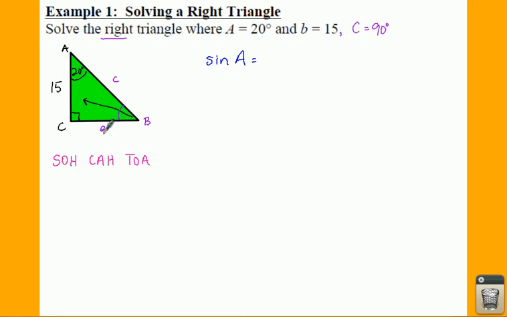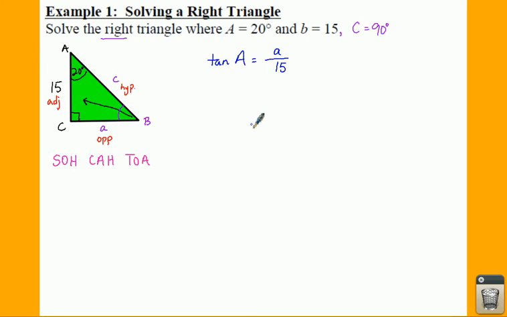So if we use our opposite side and our adjacent side, maybe we should label these. From A, this would be our opposite side, this would be our adjacent, and this would be our hypotenuse. Then instead of using the sine of A, we can use the tangent of A. So the tangent of A is equal to our little side a, that's our opposite side, over our adjacent side, which would be